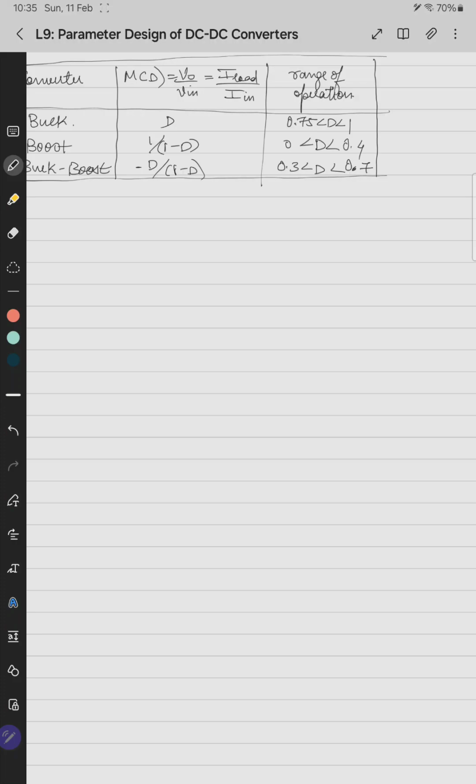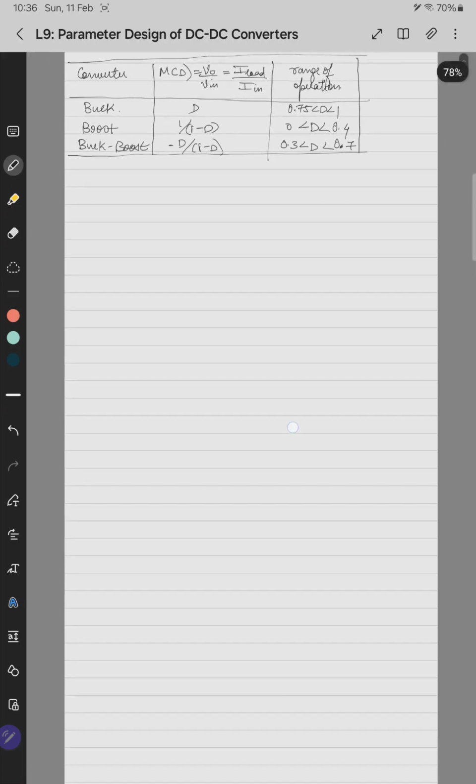the non-idealities. Non-idealities include the equivalent series resistance (ESR) for the inductor and for the capacitor, the on-state drop resistance, the on-state voltage drop of the diode, and also the source resistance. And also, using the amp-second balance, or the current-second balance, we derived the relation between the input and output average currents for all three converters. So in this lecture we will see the parameter design, or the selection of parameters,